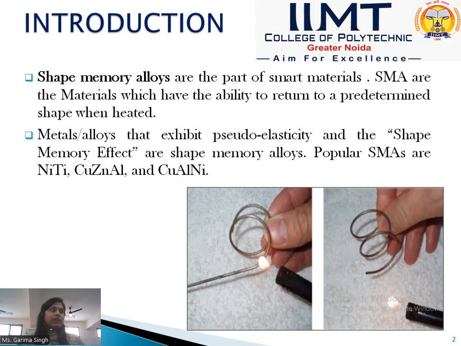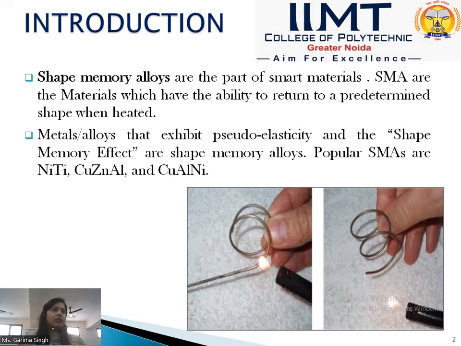So, it reacts when there is some force applied on it, and sometimes it gets to its predetermined shape after heat is applied on it. So it depends on what kind of smart material or what kind of shape memory alloy it is. Now, the metals and alloys that exhibit pseudo-elasticity and the shape memory effect are called shape memory alloys. The popular SMAs are NiTi,